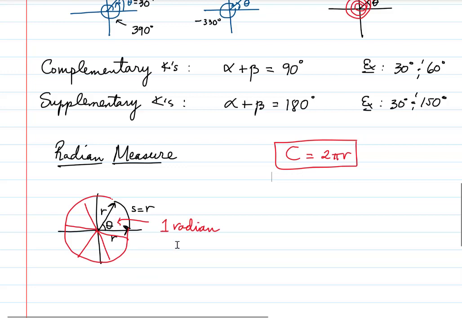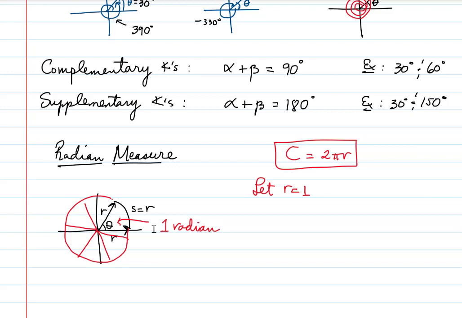So why don't we just let r be 1? If you let r be 1, this s would also be 1. And since we know this is a radian, the quantity of the r length would actually match the radians here. So it would be very convenient. So if you let r be 1,